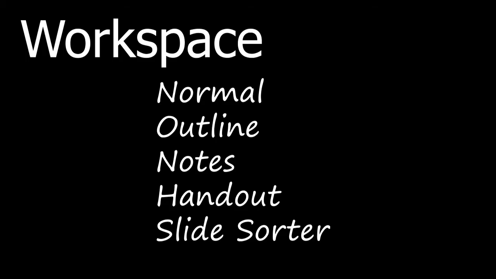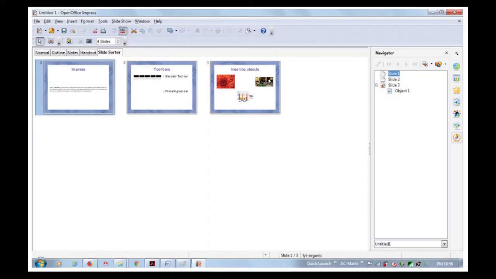And the next one is Slide Sorter view. Slide Sorter view contains all the slide thumbnails. Here you can use this view to work with a group of slides or with only one slide. You can change the number of slides per row if you need. You can just change the number of slides for a particular row.